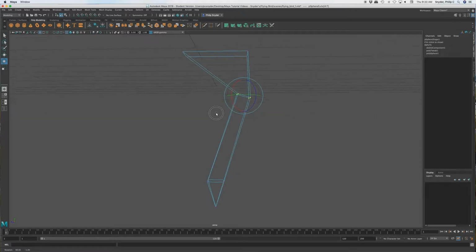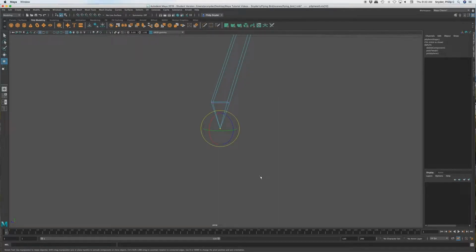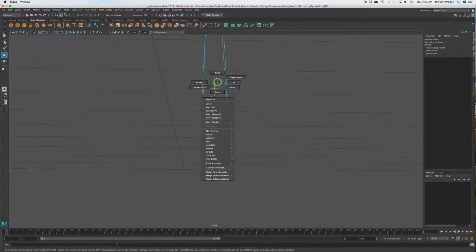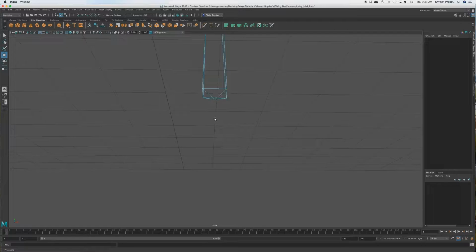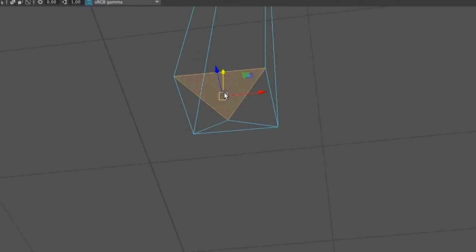Now let's go down to the bottom here, and let's extrude out some feet. First of all, let's grab that tip of that inverted pyramid and let's bring it up and let's go into the face mode, and we're going to start doing some extrusions. So it's going to have claws, and we need to extrude these out separately. So let's do the front one first